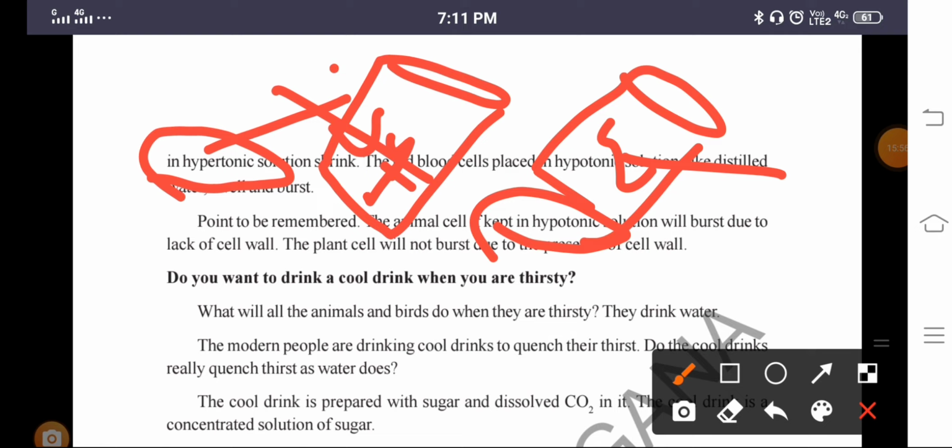Whenever we dip a cell or blood cell in the high concentration, water moves from the cell into the beaker, so the cell will be in a flaccid condition. When we keep a blood cell in the low concentration, water moves into the blood cell, so the cell will be bulged out. In this way, when we keep cells in hypertonic and hypotonic solutions, this osmosis is protecting some of the cells present in our body.